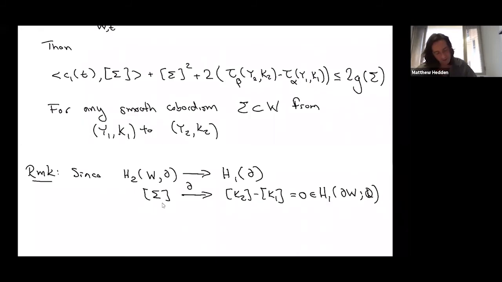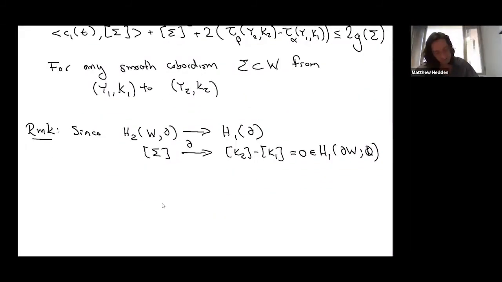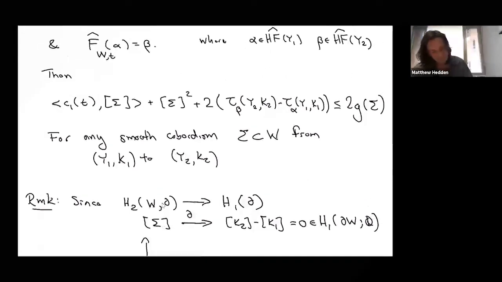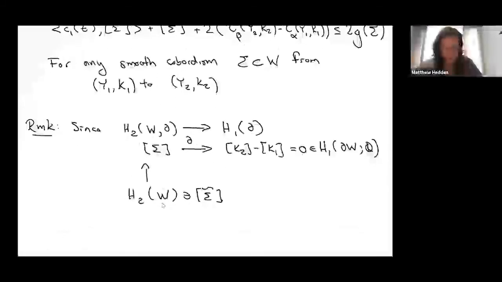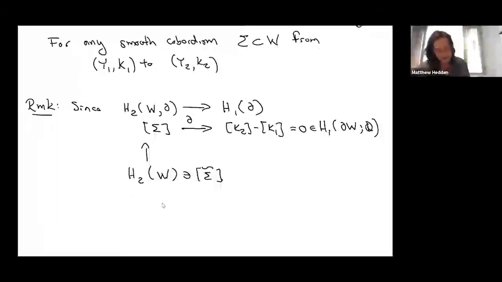So that allows me then to lift this class to an absolute class, which I'll denote sigma tilde. Now the question arises, what's the dependence? How many lifts do I have? And I have as many lifts as I have two-dimensional homology classes of my boundary. So in order to specify a lift,